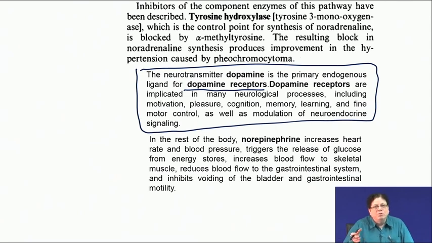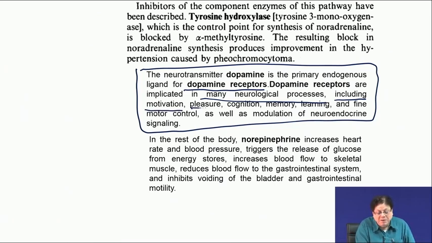Like acetylcholine, we know that cholinergic receptors, and then for dopamine, those will be called dopaminergic receptors. Dopamine is a primary endogenous ligand for dopamine receptors. Dopamine receptors are implicated in many neurological processes. That means, when dopamine binds to these receptors, a lot of signal transduction processes take place, and that ultimately results in